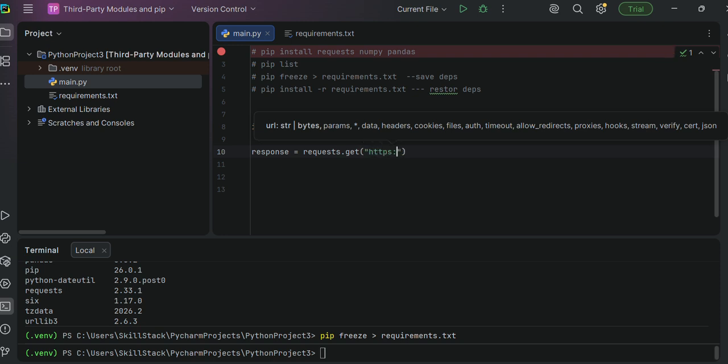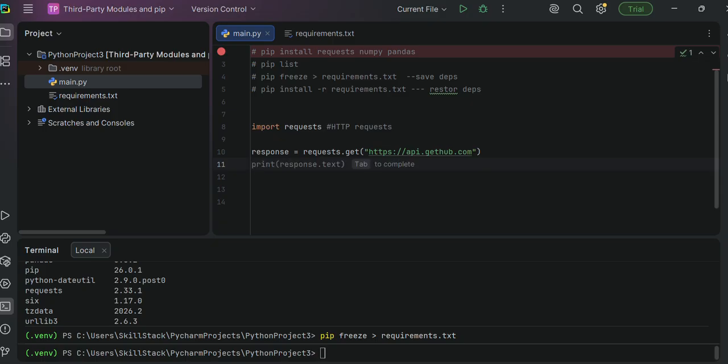HTTPS double slash api.github.com. Okay, so when you want to get data from GitHub, all you have to do is send a request. Then response.status_code, and let it assign a value of 200,